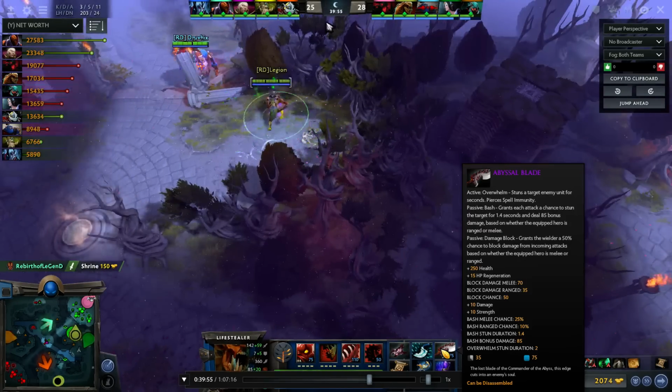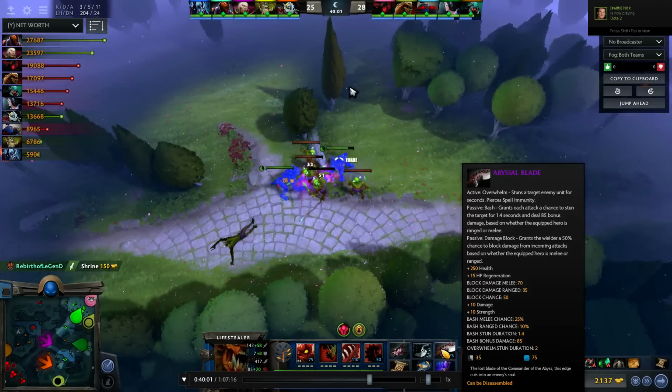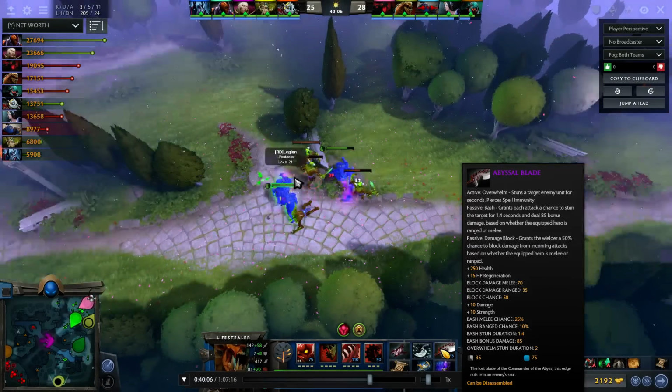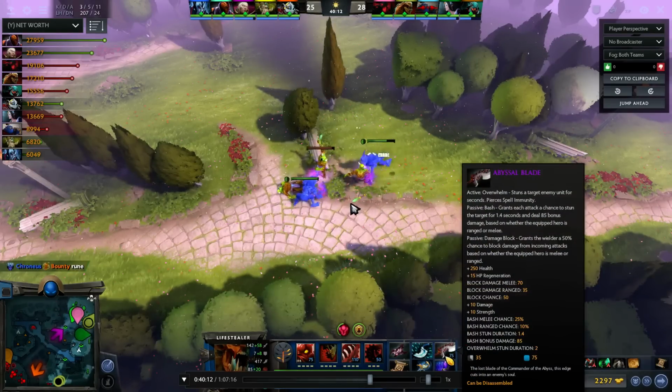Because the Abyssal Blade's giving you survivability, so you don't really need... obviously it's not giving the same... It's like a middle ground between a Heart and a Rapier, right? It doesn't give you as much damage as one, and it doesn't give you as much survivability as the other. So it's kind of a jack of all trades thing. So usually you'd want to iron out your items with...